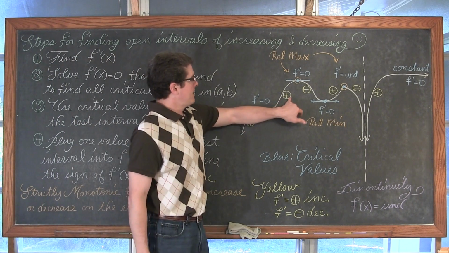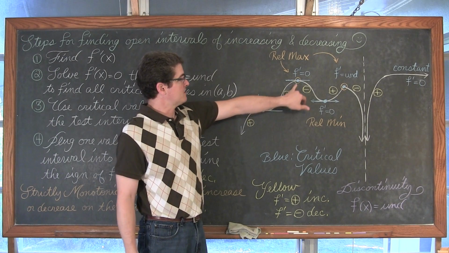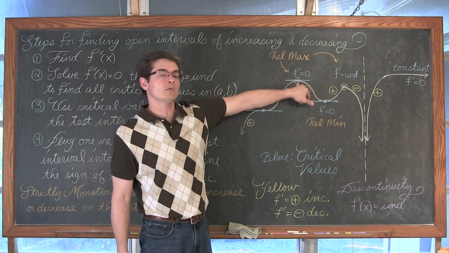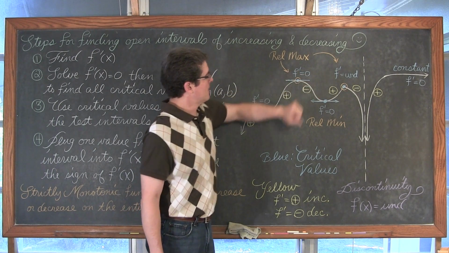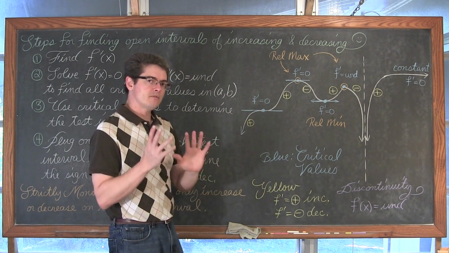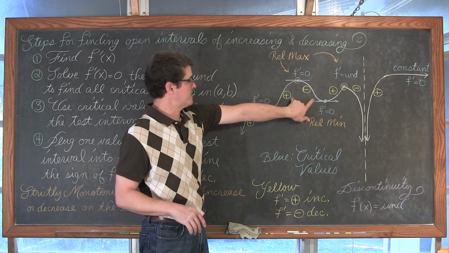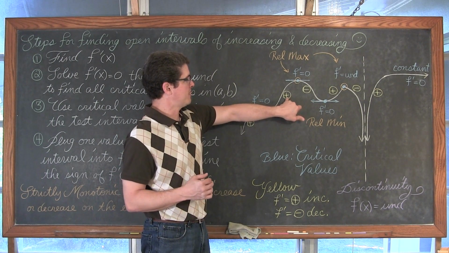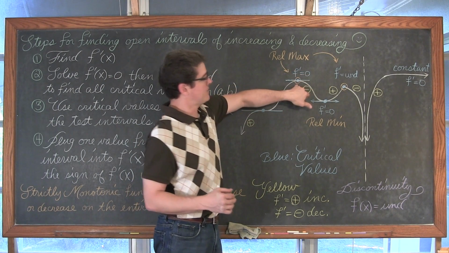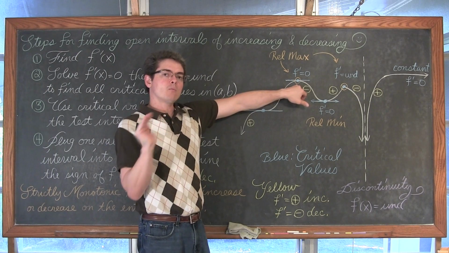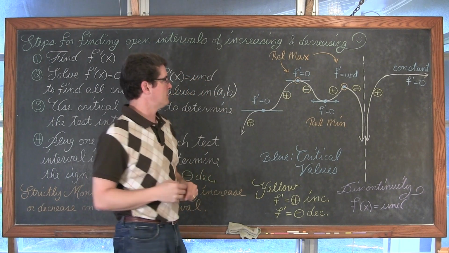Then we have another interval where the first derivative, as I have drawn it, would be positive. We have, again, another critical value where the first derivative is equal to 0. And this time I do have the graph starting to fall. So this is a preview of what's on the next screen. I'll give you the formal language called the first derivative test. But if your first derivative goes from being positive to negative, that means it stopped rising and started to fall. Well then, somewhere between that rise and fall, you've got a relative maximum.